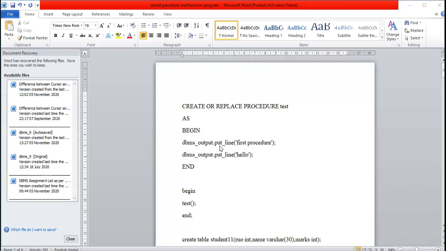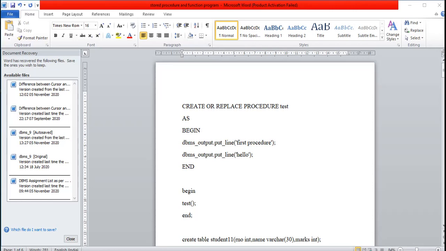Good morning, students. Today we have to start with the next assignment, that is assignment number 7. Here we have to create a stored procedure. You have to remember that in PL/SQL we have a facility to create a procedure. Here we have to learn how to create a stored procedure and how to create a function also. So initially we will differentiate between the function and the procedure.